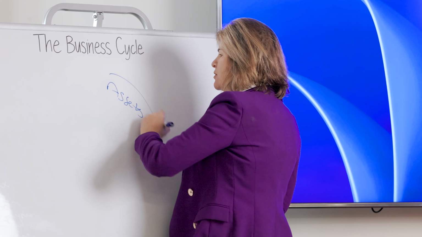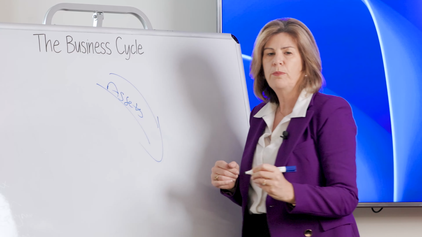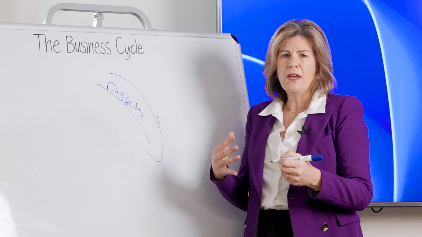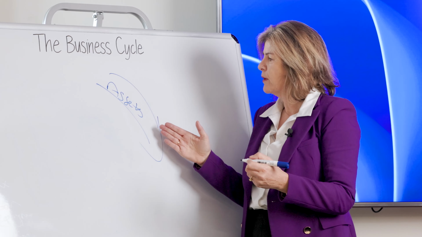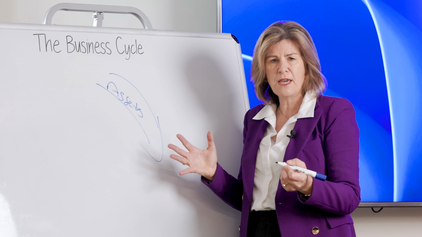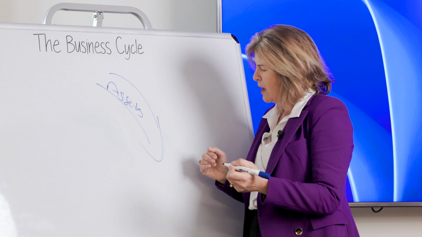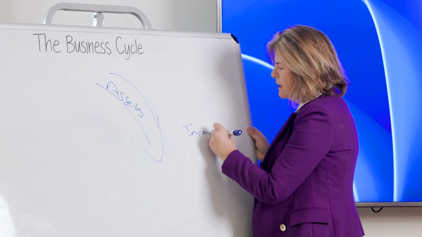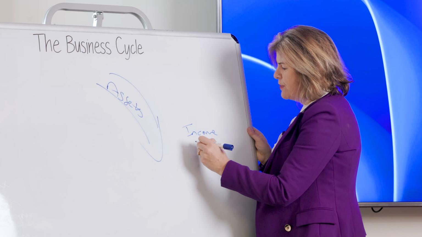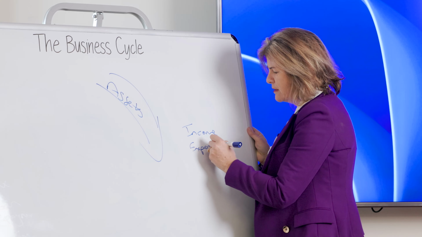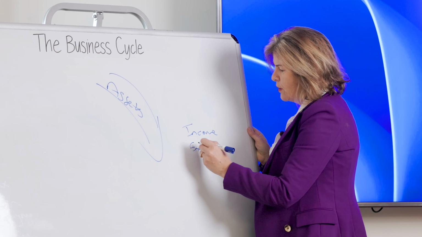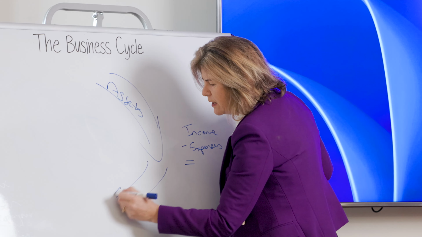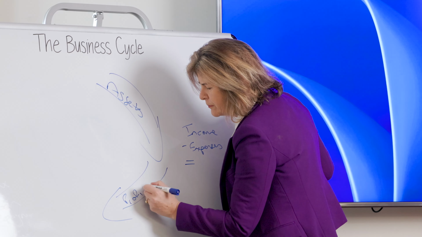Now these assets that you put into your business could be your knowledge, your years of working and the knowledge that you put in, or it could be going and getting plant and equipment, purchasing that, and you can get that on finance. So with that, you go and do that and it turns into income. And with that income, you would have had expenses to get that income. So once you take off your expenses, that theoretically equals profit.